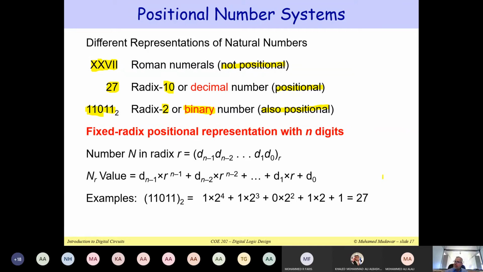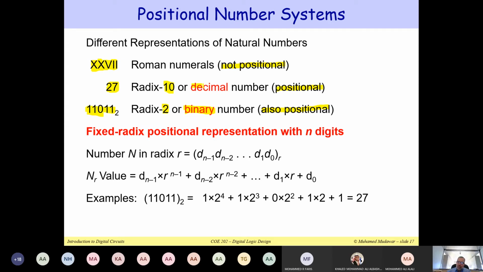Students, is this clear? So we can actually represent numbers in different number systems. Now, as I said, computers prefer the binary number system, as we have seen last time, because it's easy to deal with only 2 digits, 0 and 1. On the other hand, we are used as human beings to the decimal number system.